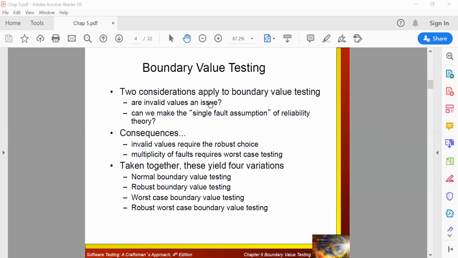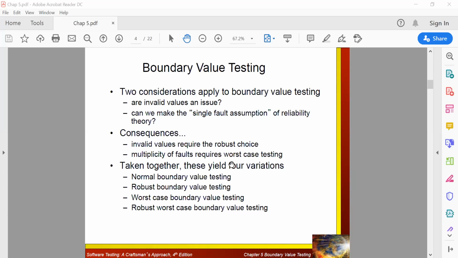We'll just quickly run through this boundary value analysis testing. It is based on the single fault assumption as per the reliability theory. That's what we have seen. And the most important thing is that boundary value analysis testing is based on independence of the variables. That means if you are checking a particular room temperature, and it affects some of your software, then that becomes a dependent variable. You should not have any dependent variables among your testing principle. That's what boundary value analysis stresses more.